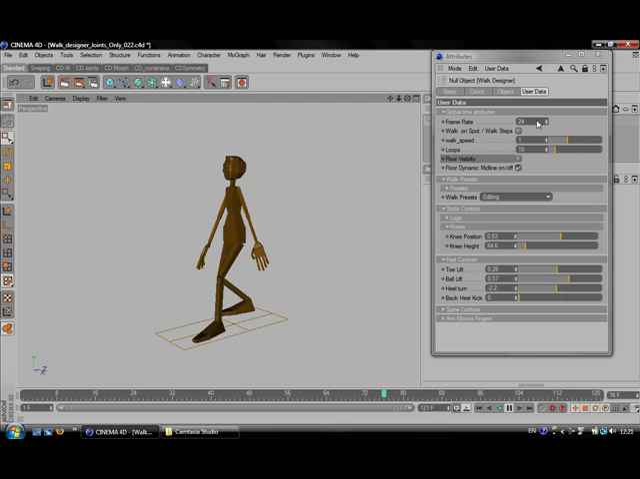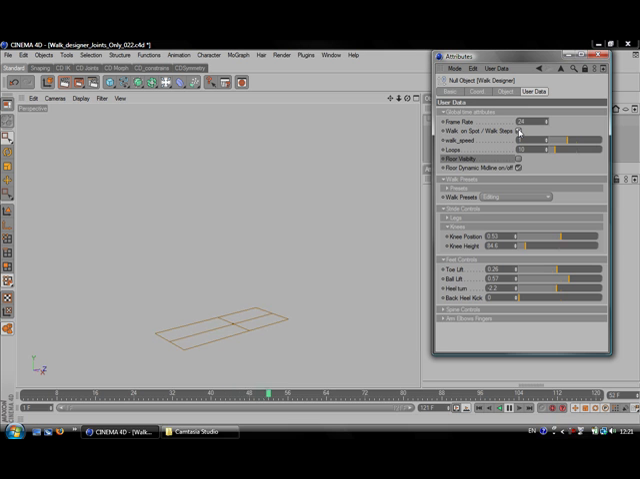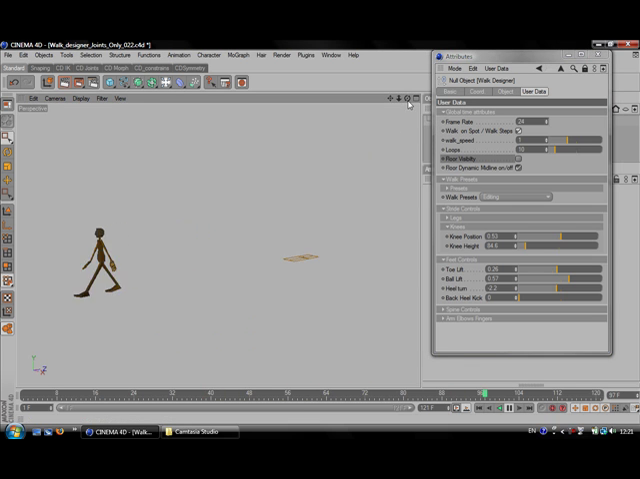Here we can set the frame rate that our cycles are created at. We can choose to get the guy to walk on the spot, or to get him to walk across the floor. We can decide how many loops we want this guy to be walking at, and also in the global controls,